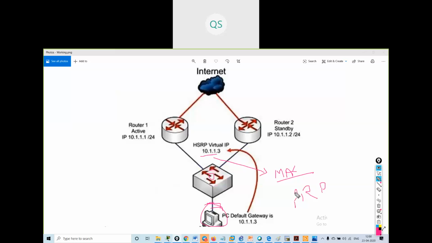The packet will be sent to the virtual IP address, and whenever the device sends, it will send with the virtual MAC address. A virtual MAC address is automatically created whenever we create a virtual IP address.